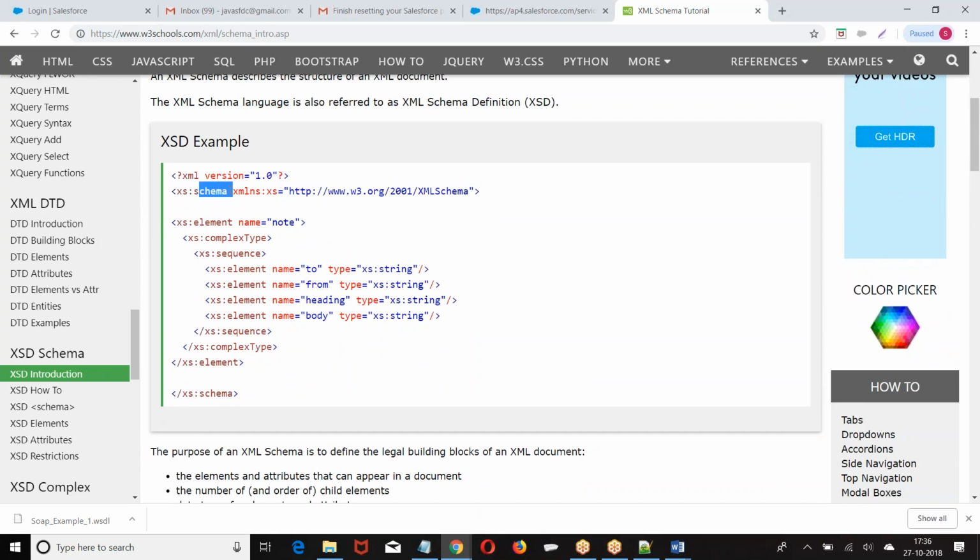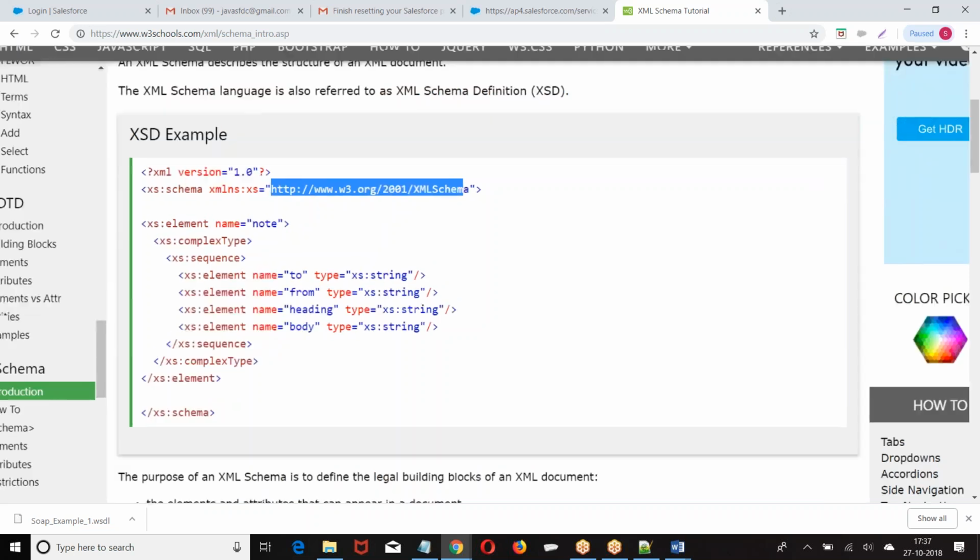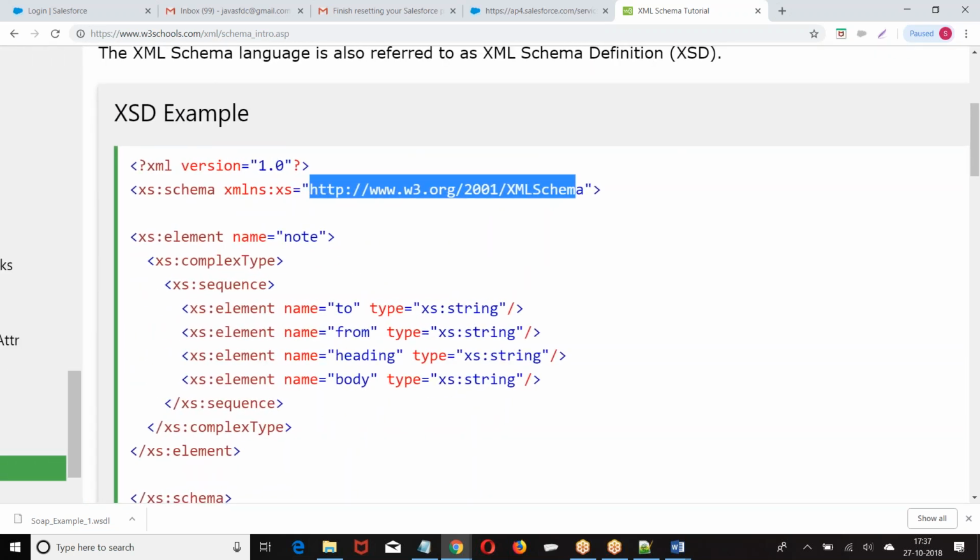Whatever the definition of this schema is, all the definitions are defined at w3.org/2001. Now when I say element, sequence, complex type, all these definitions are mentioned where? At w3.org. That w3.org is referred from now as XS. XML namespace XS. Instead of referring to that w3.org/2001 XML schema, we are using XS. Now, whenever I say XS, the definition of element is mentioned in that namespace. The definition of sequence is mentioned in the namespace. Complex type is mentioned in the namespace. I hope you are good with this. People have followed. That's how the XS is coming.